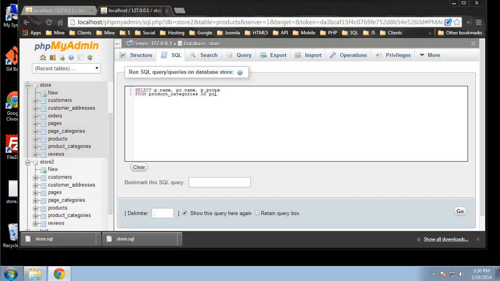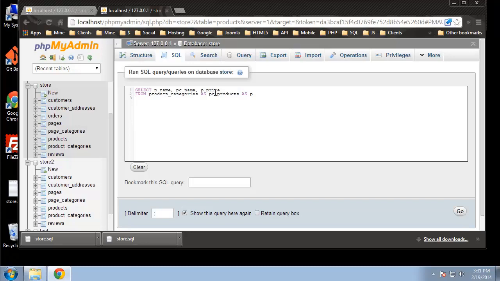Then we're going to say comma products as P. Now this is the first time that we've selected multiple tables in one statement. This isn't a join statement. Joins are used to unite tables, but you can do more with a join. But this will allow us to select